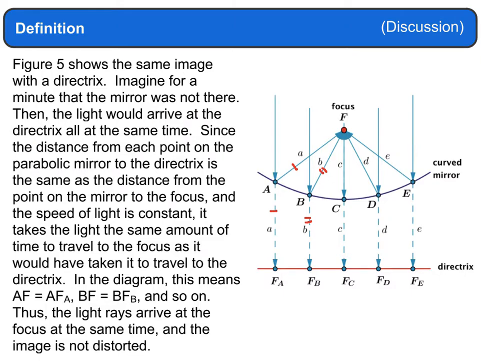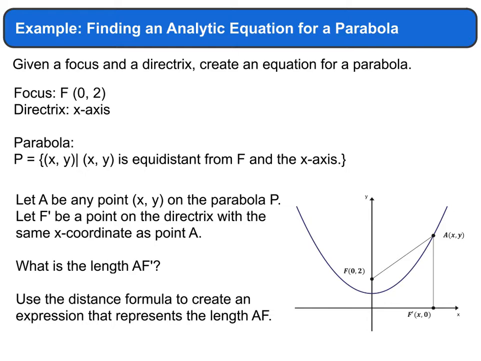So now, where does all this go, and what do we do? We're focusing on being able to take a look at this first example. It's going to give us a little bit of information in that design such that they tell us that the focus is at 0, 2. So that's right here on this image. And we have a directrix which is set at our x-axis. And so that's going to be denoted here